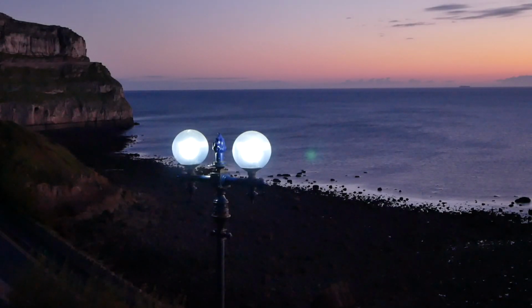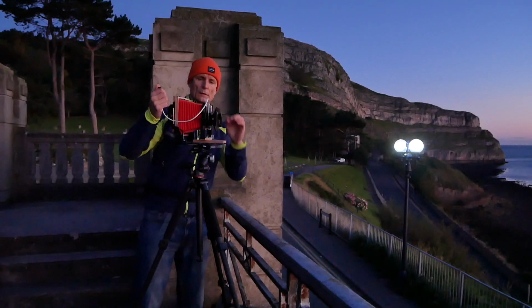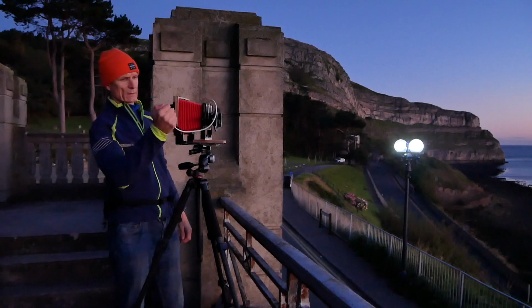Now I've made an initial exposure, even though it's quite dark. Might not seem so on the video, but it really is dark. Now I can shoot at f16 fortunately this morning because I have nothing in the foreground. So no movements, no tilt, no shift, nothing needed to keep this in focus, just gone straight to the end